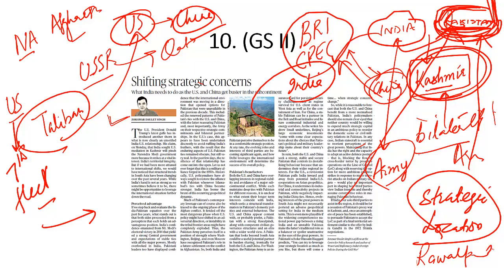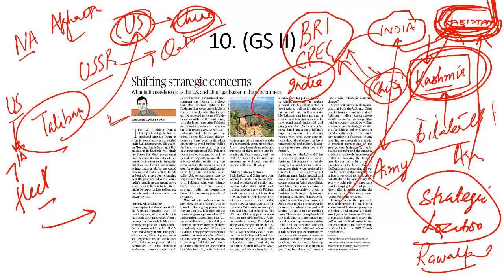According to this column, both the United States and China would want a civilian government in place in Pakistan. Because for much of its history, Pakistan has been governed and ruled by military dictators, be it Ayub Khan, Yahya Khan, Ziaul Haq, Pervez Musharraf, but not in India. But this column talks about how a civilian government is required in Pakistan, a fruitful, strong civilian government, but at the same time,